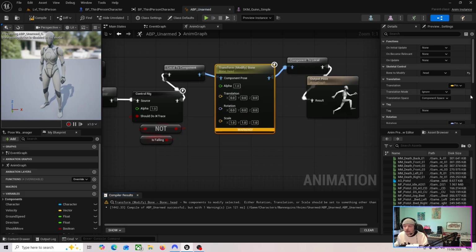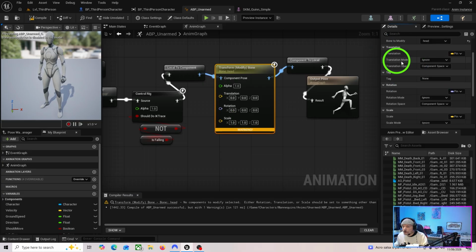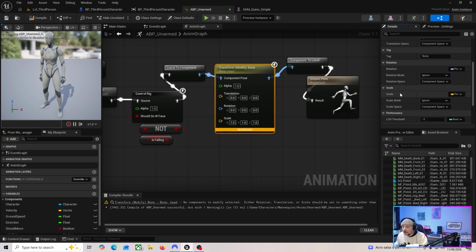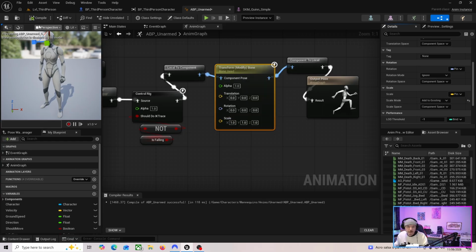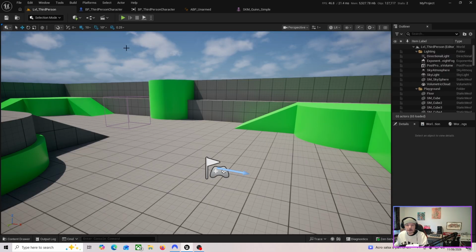It's still not doing anything because you see this translation, rotation and scale, it needs some information. So on scale mode, we're going to put add to existing, compile and save. Right, so it's ignoring the rotation, it's ignoring the translation. If I put this to 1.4, 1.4, 1.4, compile and save. Now look, my character's got a big head